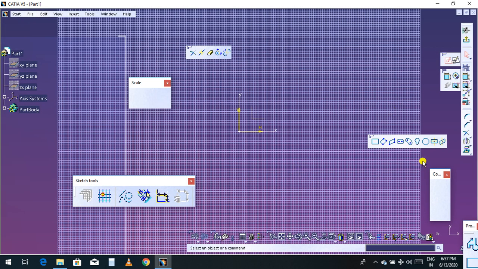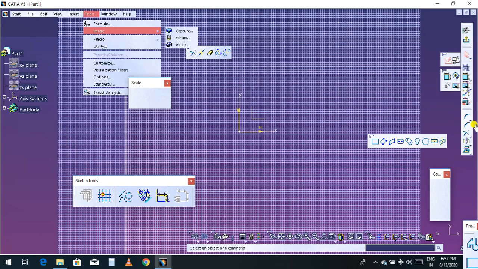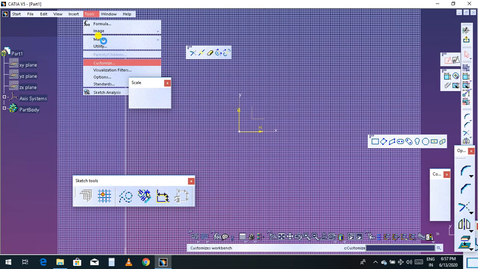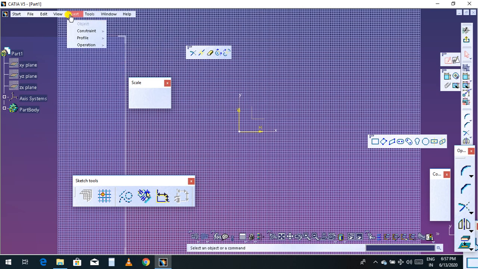Now you can see that most of the commands are not available here, so you can go to Tools, or else we can find it from here, or else you can insert from there.